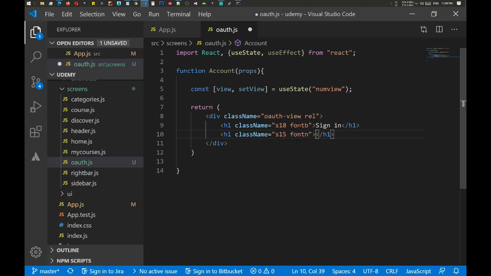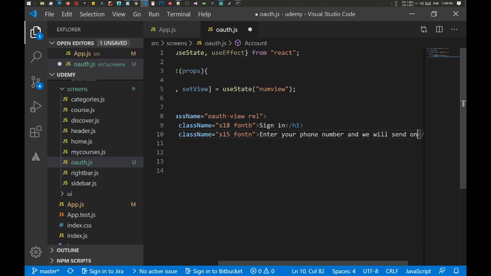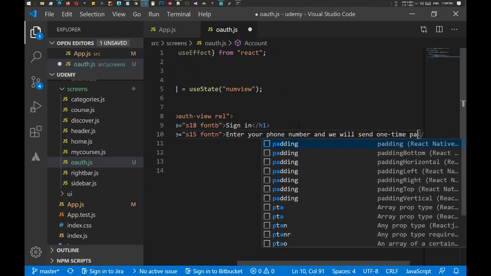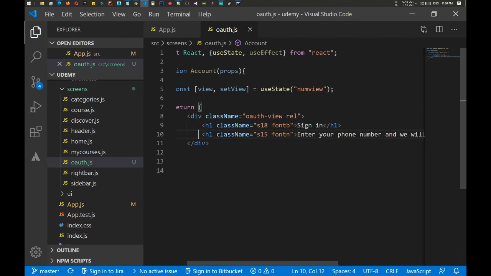quickly, enter your phone number, and we will send one time verification code, because we will be adding the Bahara Iskandari. I am building Udemy Clone,